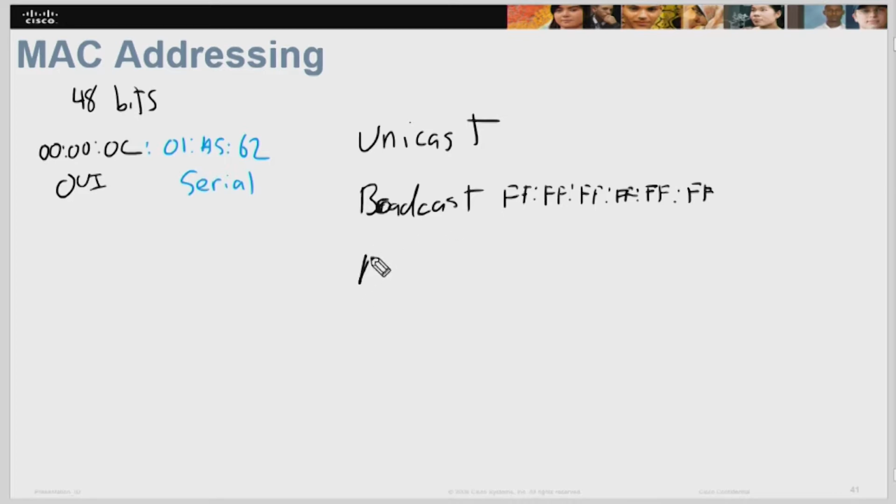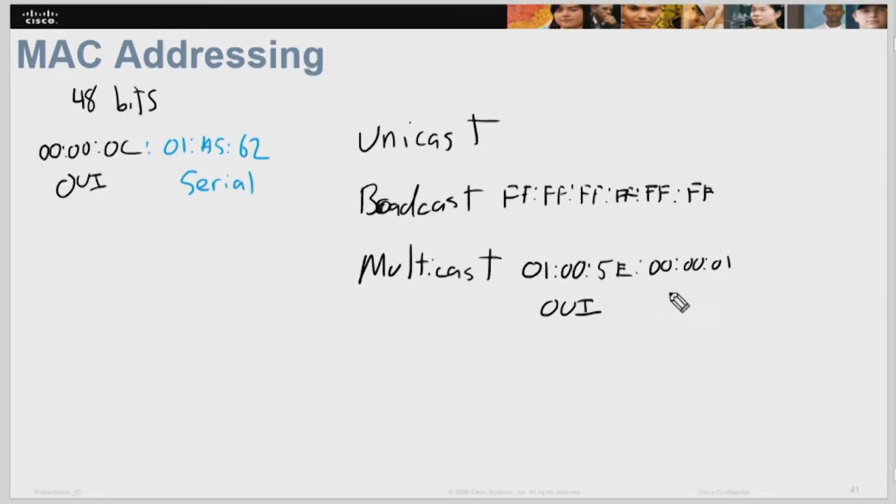There's also what's called a multicast MAC. So in our overall communication scheme, we have unicast, broadcasting, and multicasting at IP as well as at MAC. So there are unicast IP addresses, there are broadcast IP addresses, and there are multicast IP addresses as well. At layer 2, it's just our multicast MAC address. So 01005E is the well-known OUI for multicasting with another identifier that typically relates back to the IP address field out here,